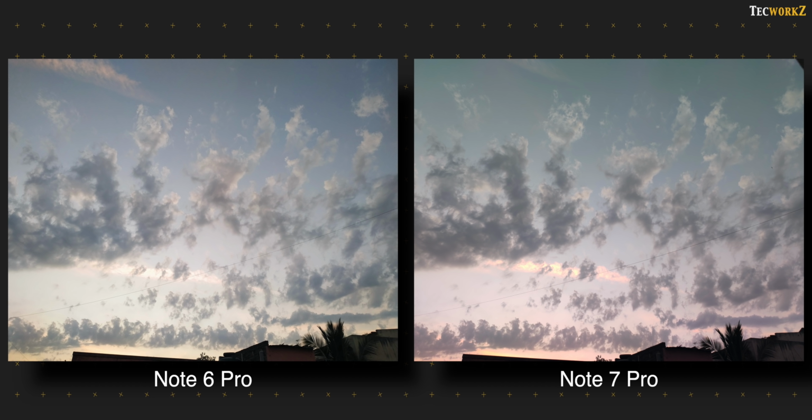I have kept the HDR on auto mode for rest of my shots, and in this condition, both of them fired the HDR mode, which is good. Image from the Note 6 Pro is brighter of the two, but it also captured a lot of noise in the shadows and the sky. On top of that, it also messed up the white balance of the entire shot and made it a bit bluer. At the same time, image from the Note 7 Pro captured more pleasing colors,